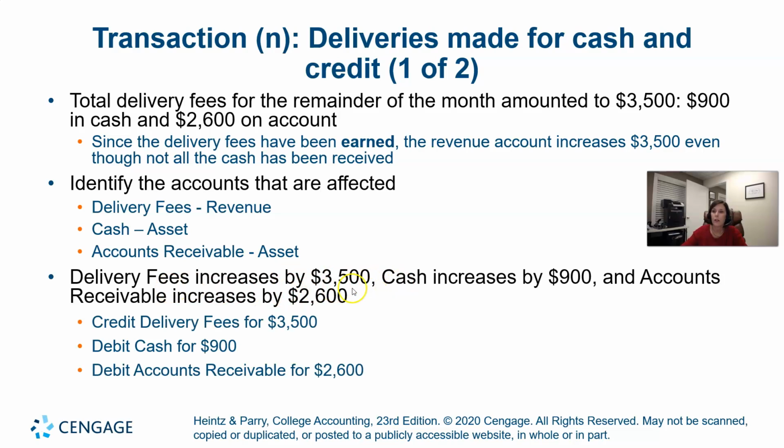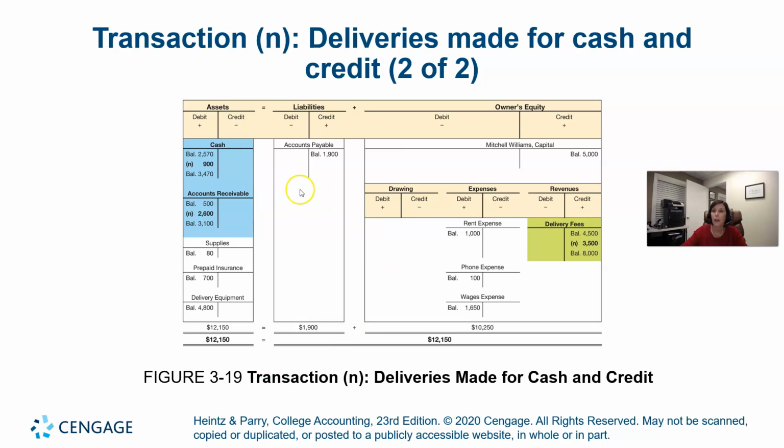And so we've increased our revenue. We've earned $3,500 more, of which our cash went up by the $900 we collected, and our accounts receivable went up by the $2,600 that people still owe us. And so we've got credit delivery fees, debit cash, debit accounts receivable. And so you will see we've got our debit to cash, our debit to accounts receivable, which increases our total asset picture to